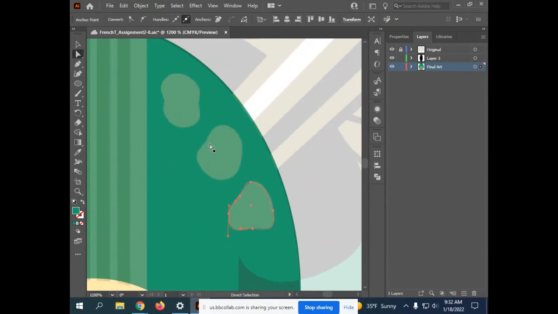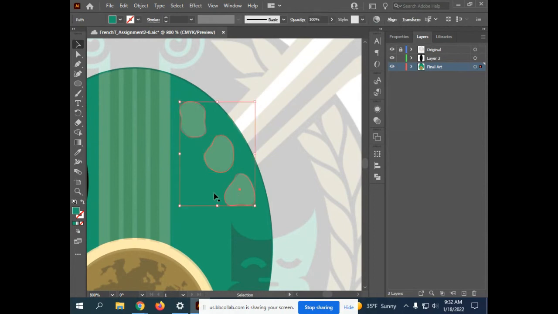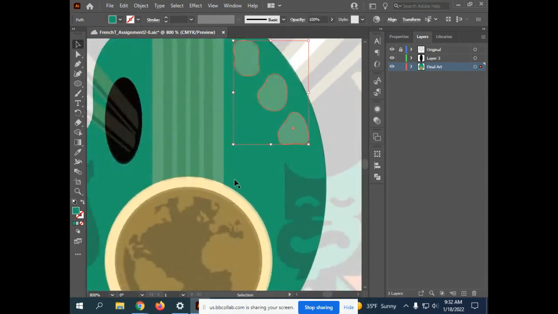For that other palette shape, if you want to just do it with your pen tool, click and drag, and then click and drag again, and click and drag again, just going around the edge until you've got where you want to go. And that kind of thing. So let me grab the direct selection tool, grab these guys, and I know that I want these to be that cream color. So I'll select that there,